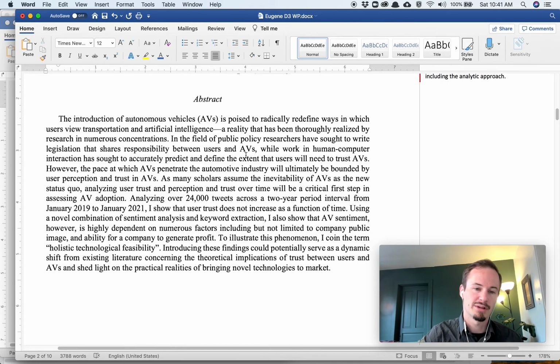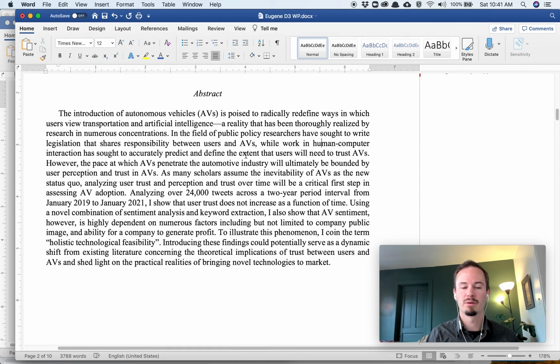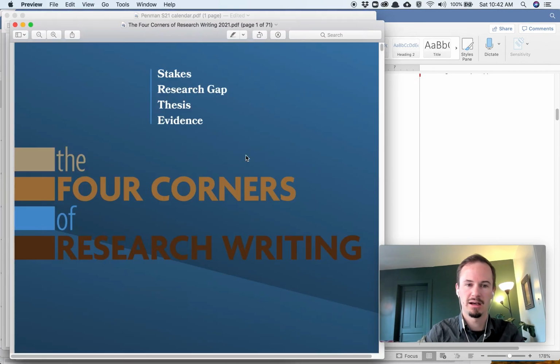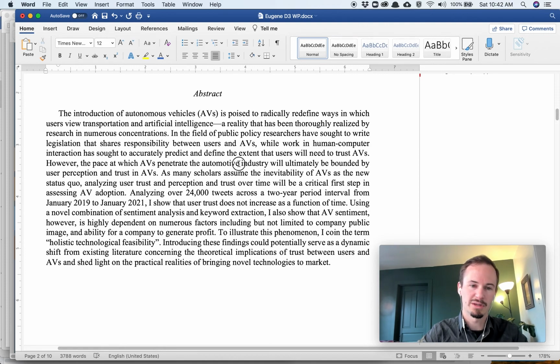So, right. The other thing I want to mention is that we have also been working with a shared set of vocabulary. The Princeton Writing program has what it calls a writing lexicon, and I have my own personal version of that, which is distilling some of the research writing elements down to 4 aspects. I call that the 4 corners of research writing. This is a guide that I wrote myself, and we've been using it as basically a textbook this semester. So we will revisit that as we go. I mention that because here